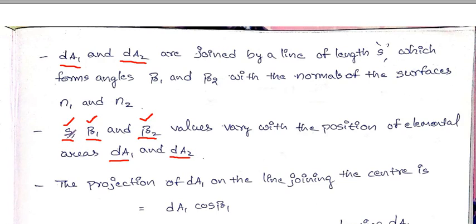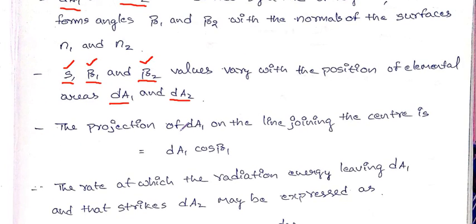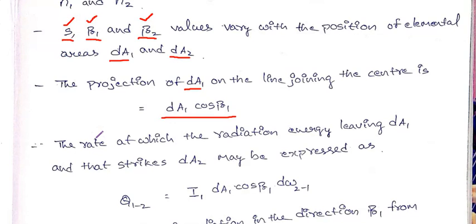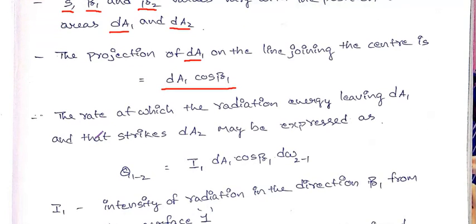These three values, that is S, beta 1 and beta 2, vary when the position of the elemental areas dA1 and dA2 on the surfaces change. The projection of dA1 on the line joining the centers is dA1 cos beta 1, that is, the small elemental area dA1 into cos beta 1. The rate at which the radiation energy leaving dA1 and that strikes dA2 may be expressed as,